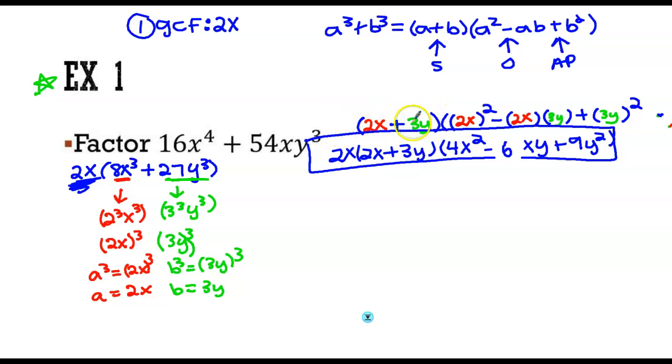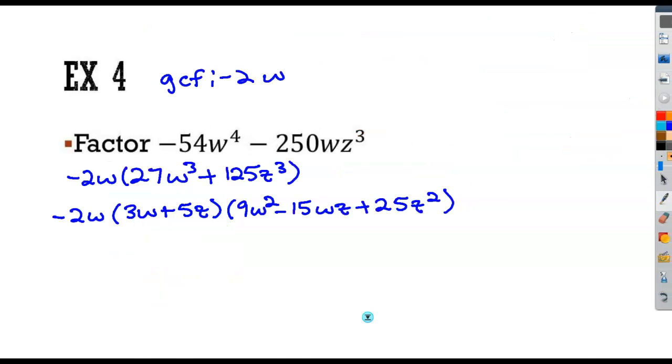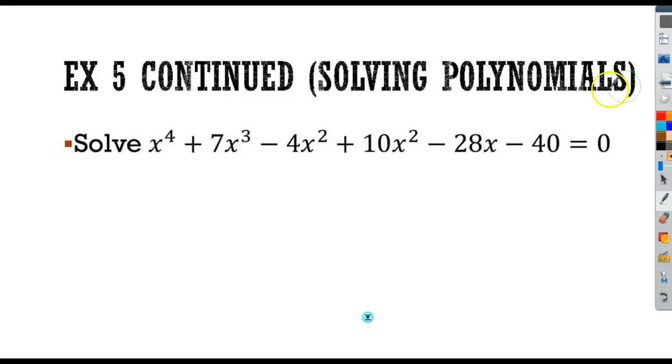If you look here, look at where I wrote in red, a should have been 2x, and so that kind of changed your answer. So just make sure, and then this middle part was 4x squared minus 6y plus 9y squared. All right, moving forward from there, we're going to continue factoring, but today we're going to do it by